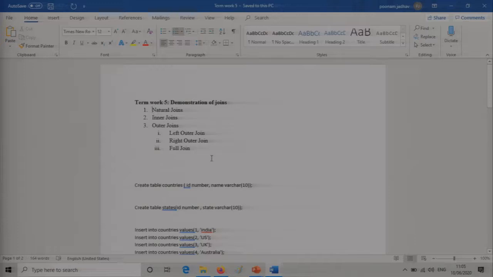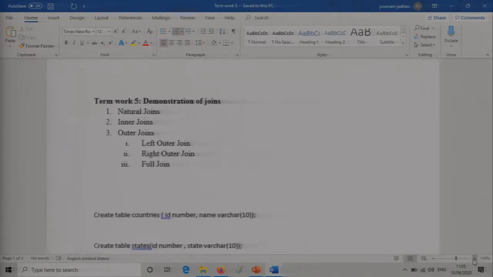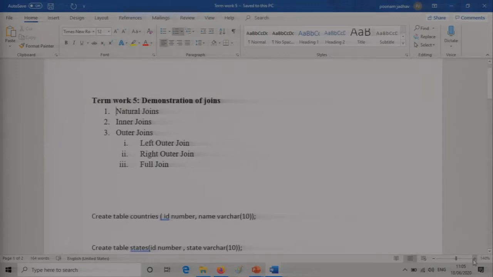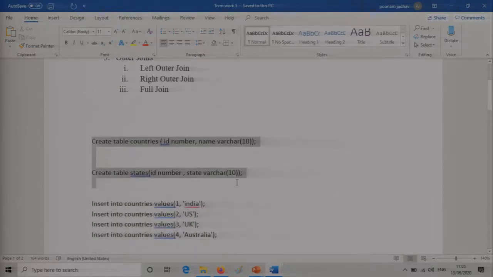No problem definition has been given. We can take up any table or do it on our previous tables also is fine. However, I have taken simple tables for you to understand. Now you have to demonstrate natural joins, inner join, outer join, which is again of 3 types. I'll just maximize the size for you. The outer joins are of 3 types, that is left outer join, right outer join and full outer join. So we have to take up these.